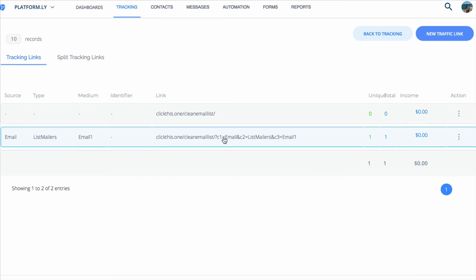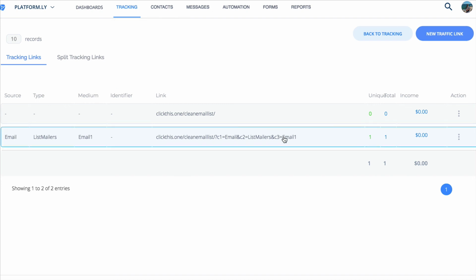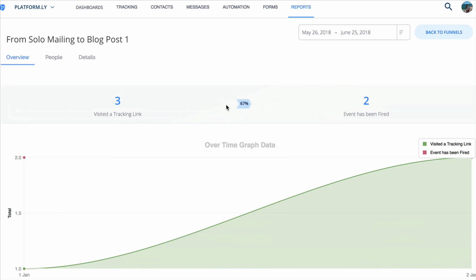And let's say you're using different sources, like promotions on different blogs or different JV partners or things like that. You could give them unique links so that you can see their conversion stats, etc. And you can track any sort of event. So from a visitor who comes from one of the tracking links that you've created, when they visit the site, even if they don't opt in or anything like that, we store all the data on them.